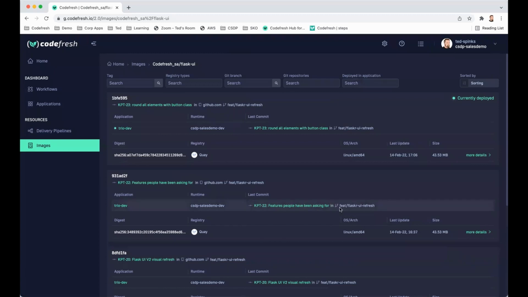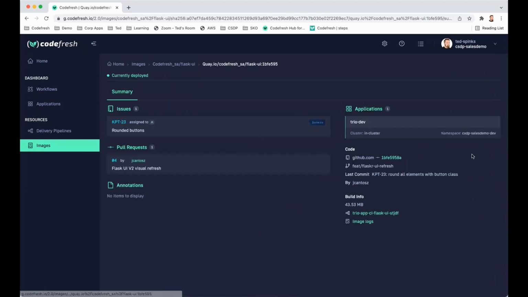Now, if I want to find out more details about my image, let's say this particular tag here is the change that I'm interested in. I can click on more details. And this is going to take me to all of the information that Codefresh is tracking for this particular image. Starting with the full URL of the image up at the top, so I can see which Docker registry this image is stored in, and then I can kind of trace the whole history of the image back on this